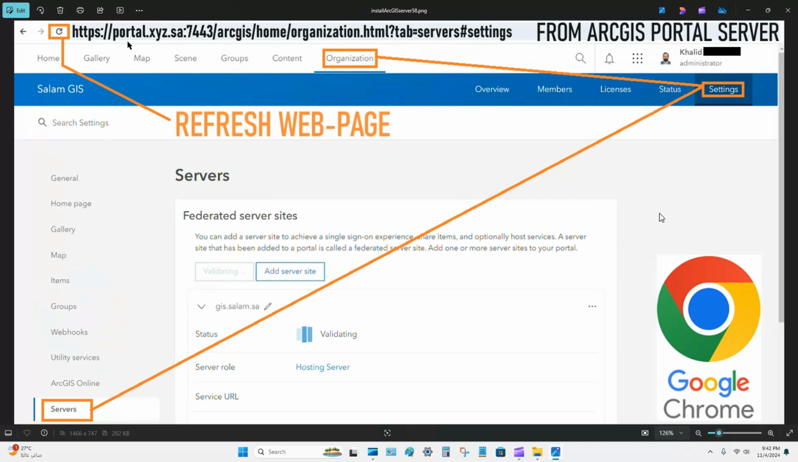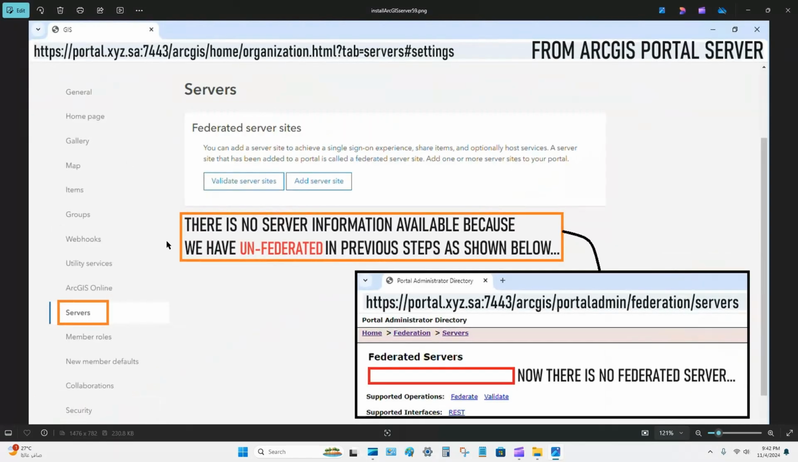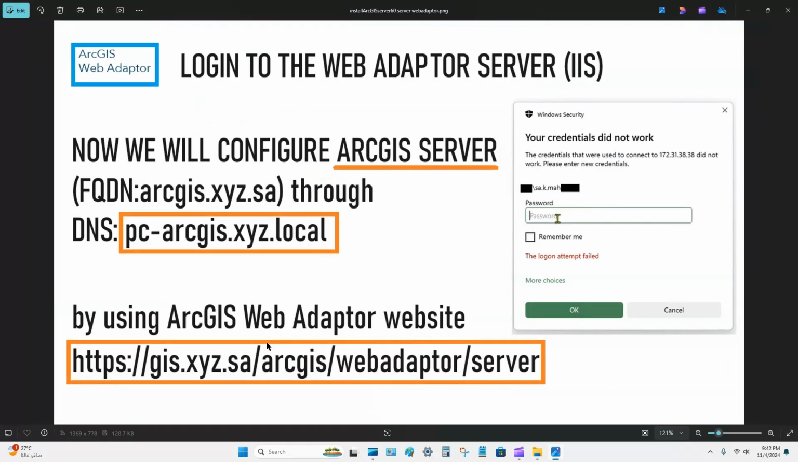We will come to portal home website again, and we can refresh this page as well. After refreshing the page you can see that there is no server because we have unfederated it successfully. Now it's time to log into the web adapter server,